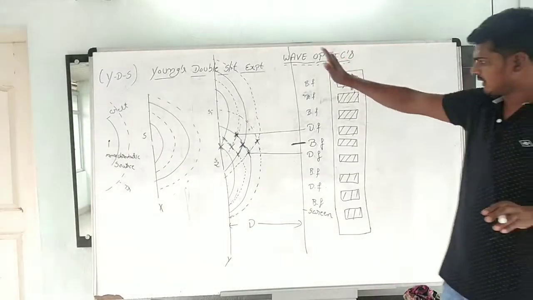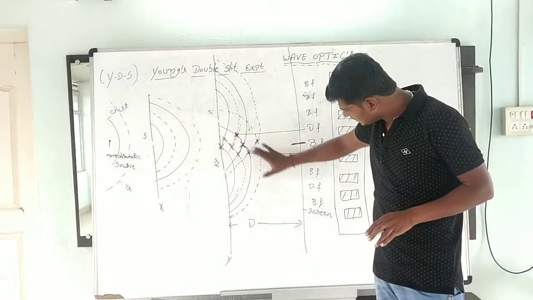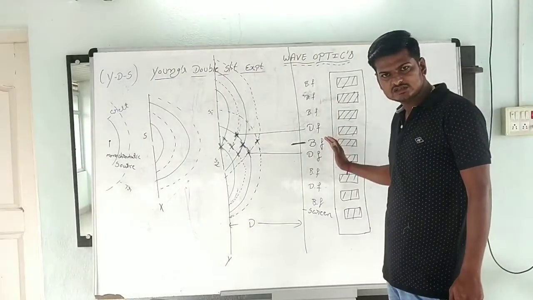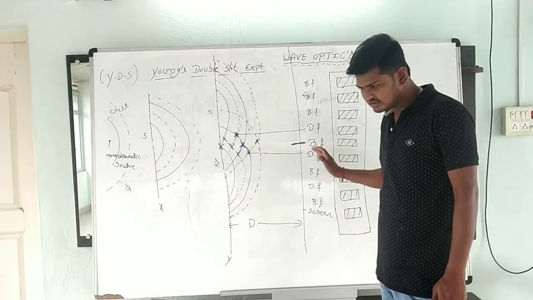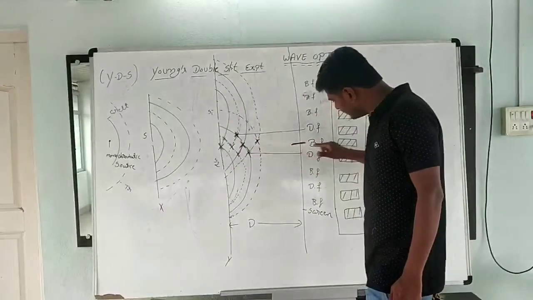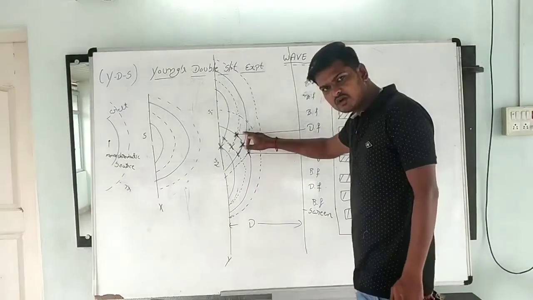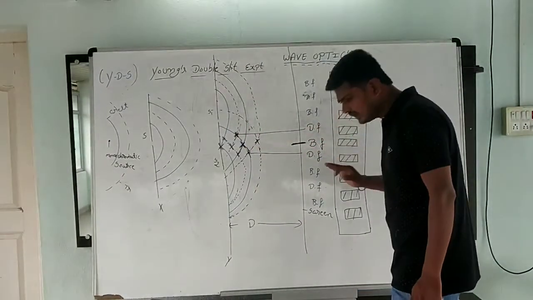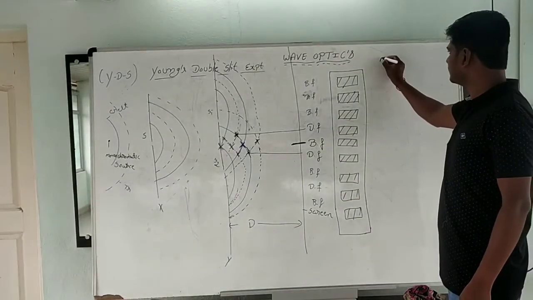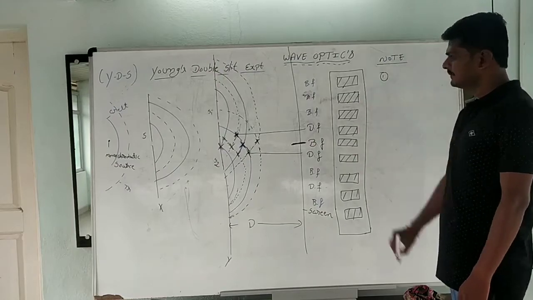Simple one only. Here, the spherical wavefronts from source S1 and source S2 interfere with each other, and we get alternate bright and dark fringes on the screen. Why? He concluded that where crest and crest or trough and trough meet, we get the bright fringe. Where crest and trough or trough and crest meet, we get the dark fringes. Clear? Note the points here, important for 1 mark questions or the CET point of view.